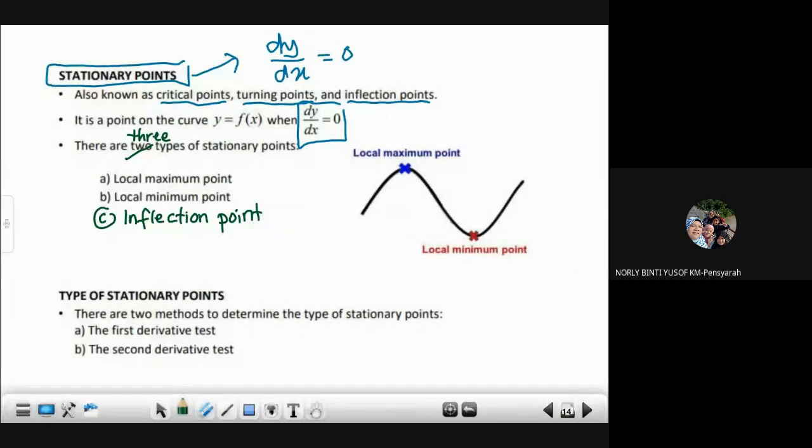Okay, kalau local maximum point tu you tahulah, oh bentuk masam, muka masam, iaitu bentuk masam, titik maksimum ni lah, ni panggil local maximum point. Kalau senyum kat sini lah local minimum point. Maksudnya dia naik lepas tu dia turun, ataupun local minimum dia turun dan dia naik, tu local minimum. Tapi kalau inflection point, kalau kat graf ni lah contoh dia, ni inflection point kat sini tambah. This is the point of